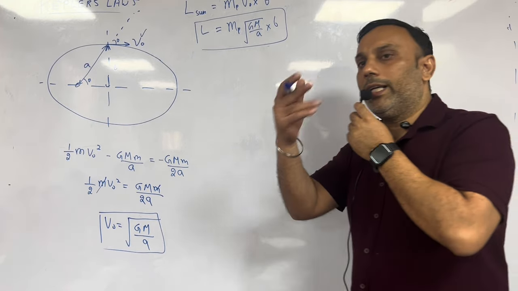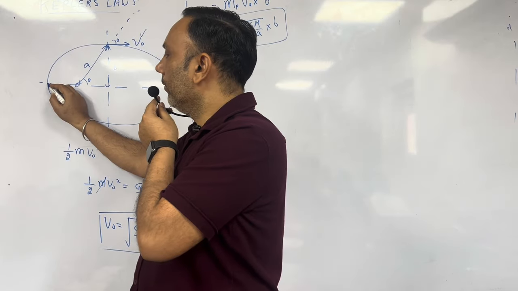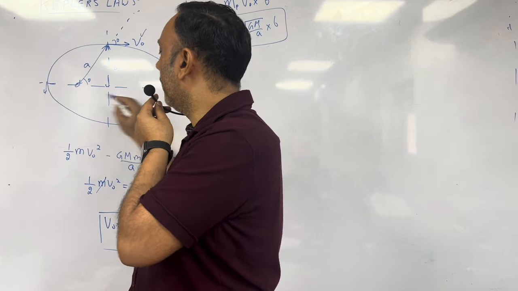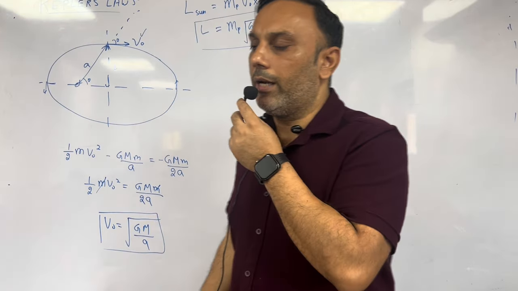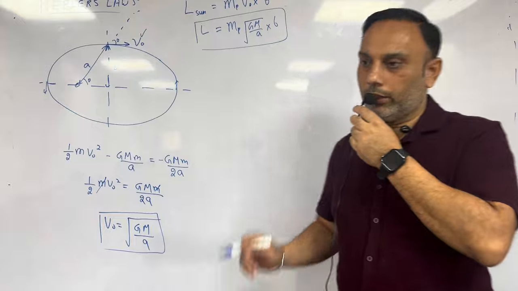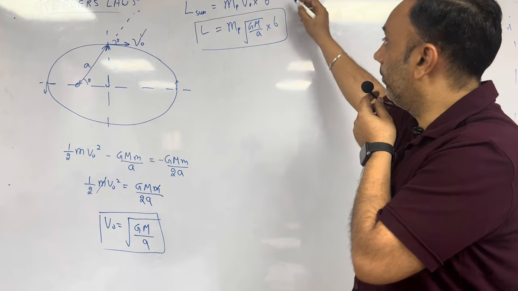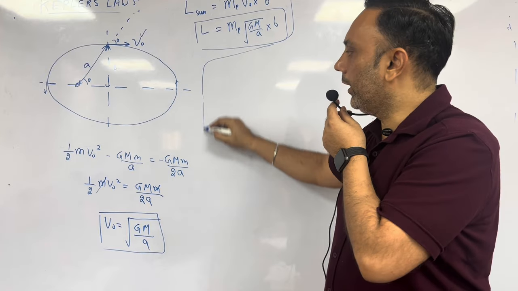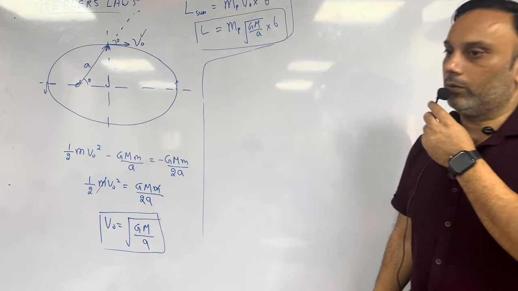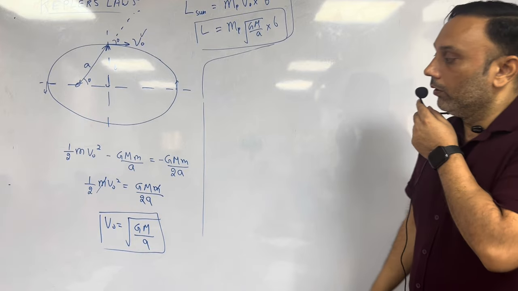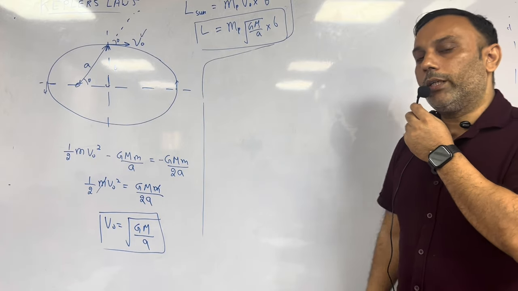So that already I explained that velocity and r vector are normal to each other at perigee and apogee point, right? Yes or no? So other points I will explain later, right? Because before that we need to study second and third law also, right? Okay, so that are all the important points of first law.